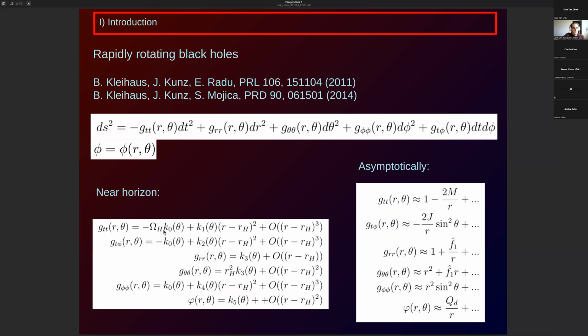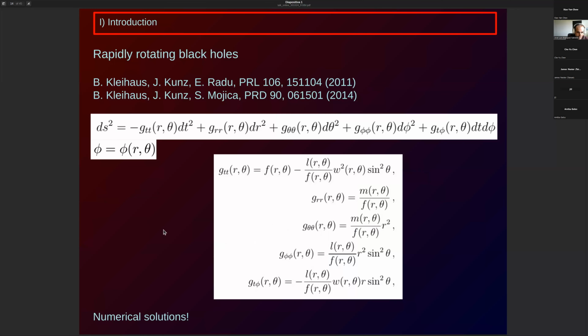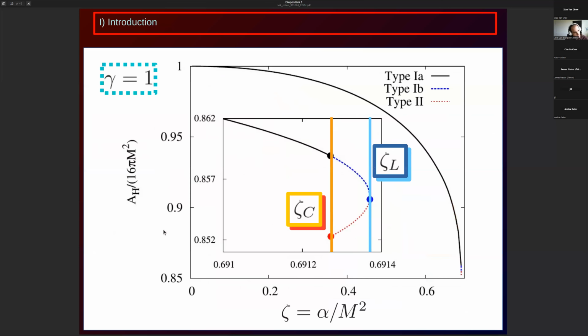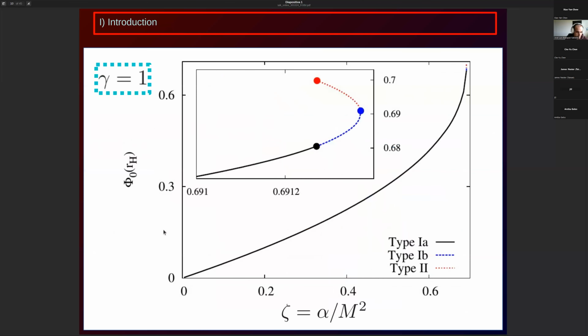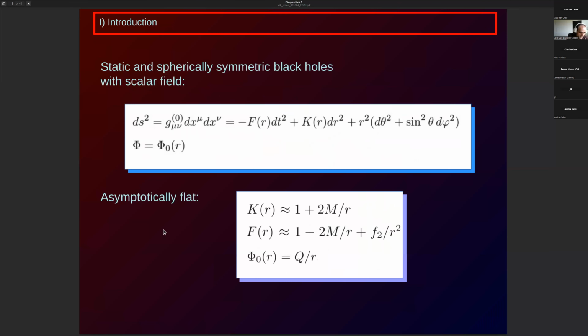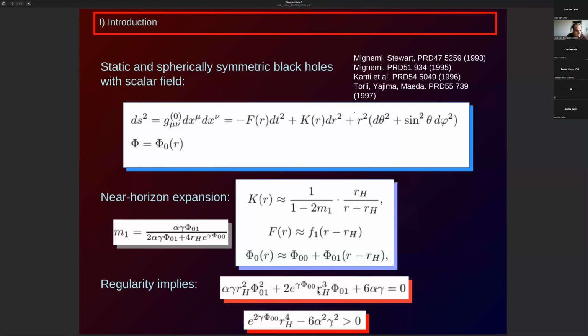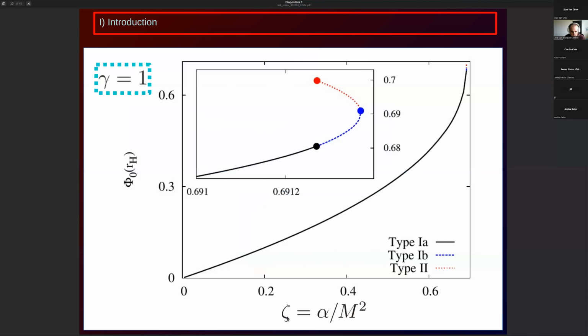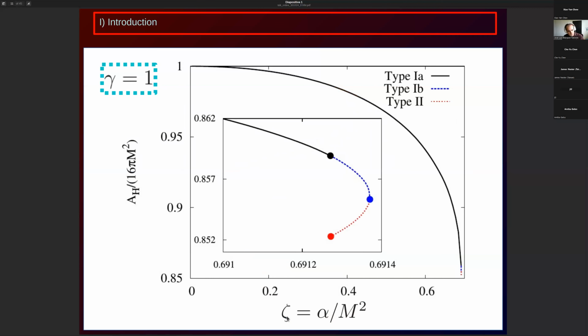This is going to throw you again some relations similar in spirit to this relation I showed you here, more complicated because now they depend on theta. These are ordinary differential equations in theta, but the idea is similar. Your solution is going to be bounded by this condition, and there will be a region of the parameter space where you have regular solutions and another one where they are not. Okay, so solve the equations with these conditions, and this is how the space of solutions looks like.